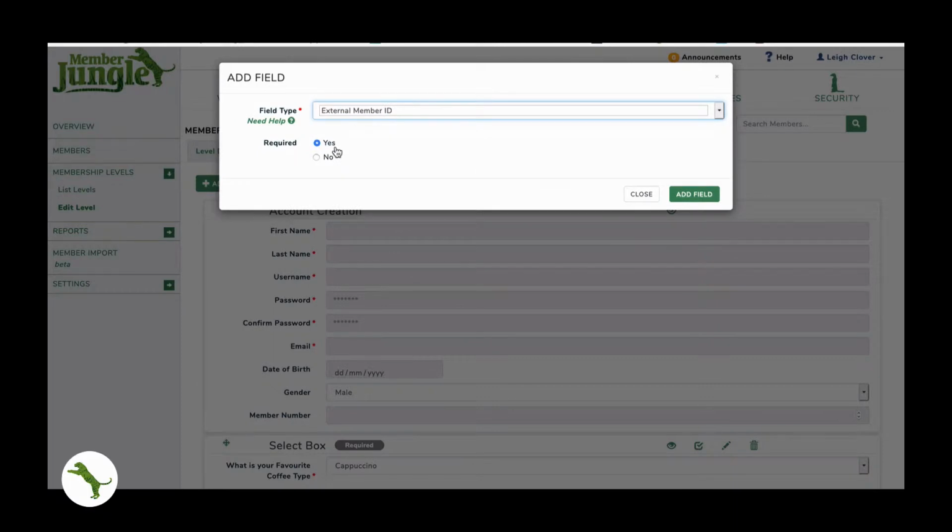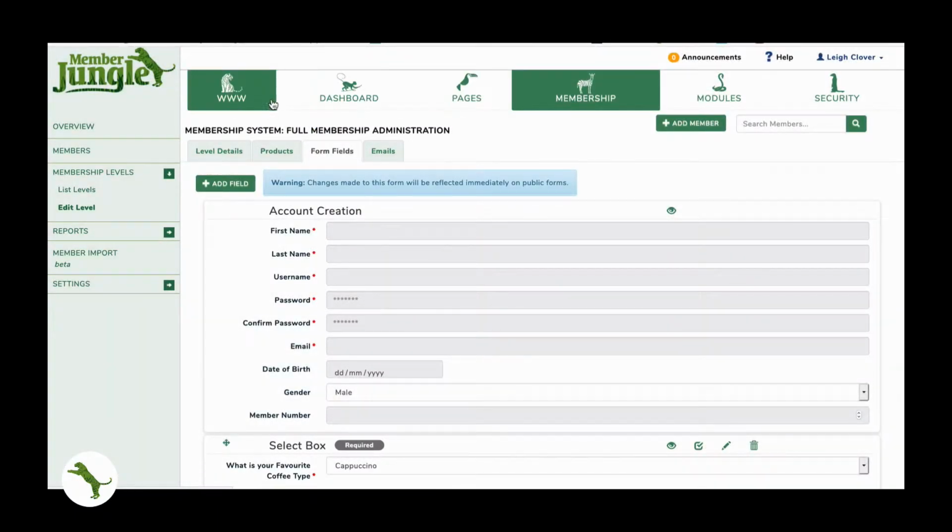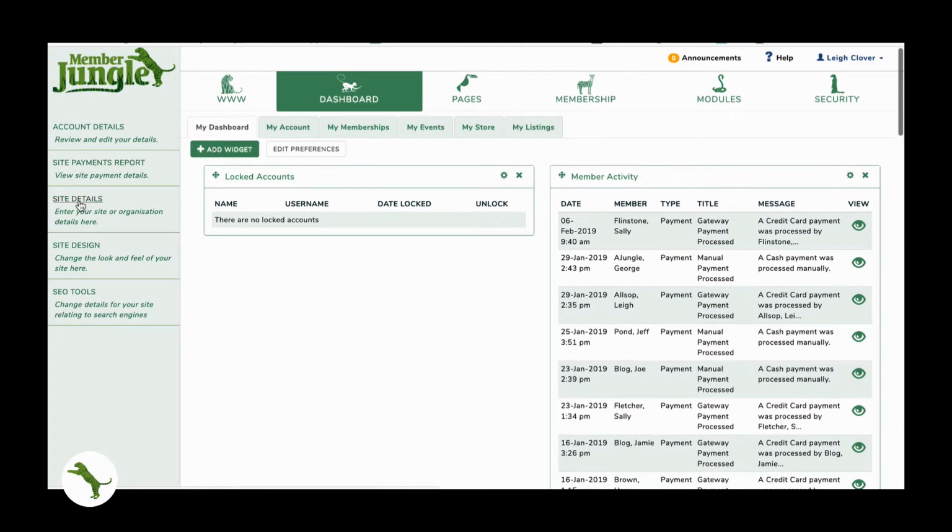Okay. External member ID is actually a special field, and I'm going to jump across and show you something in site details. If you're using a different system, or if you need to have a different member number or a different ID because you link two systems together, you can store an external member ID. Now this can be called something that you choose, and if we're going to jump across here now, under dashboard, under site details,